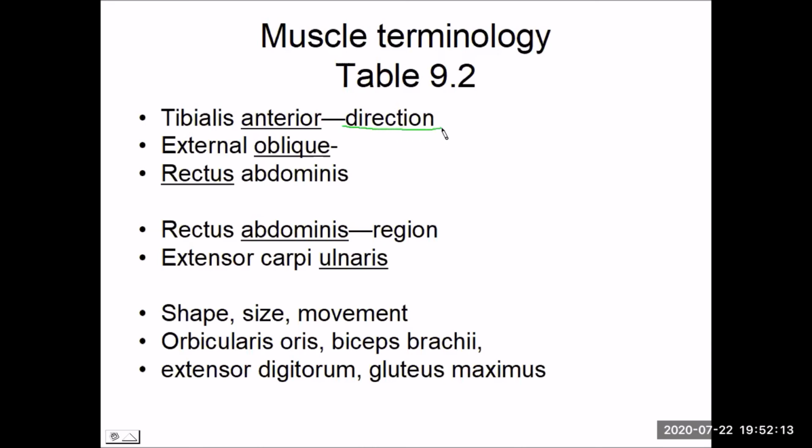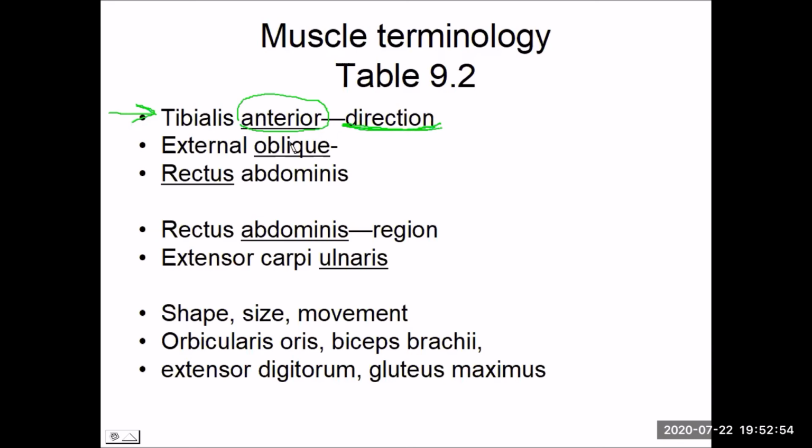One is the direction, the position of the muscle. So we have what's known as the tibialis anterior, and both parts of the name are really telling you where this muscle is located. We want to start with the really descriptive term here, anterior, so it's towards the ventral or anterior side of the body, that tibialis anterior. Another example, there are muscles called serratus anterior, serratus posterior, just to give some examples. So the position on the body is one